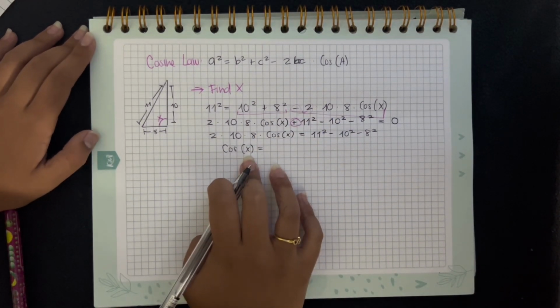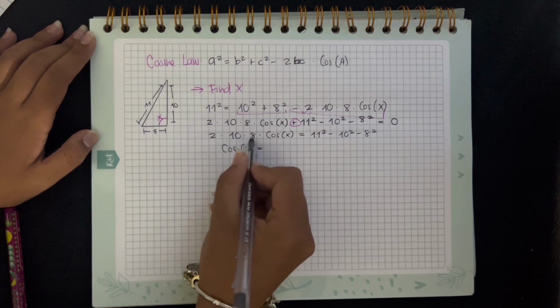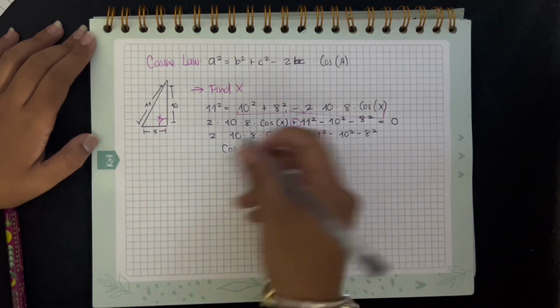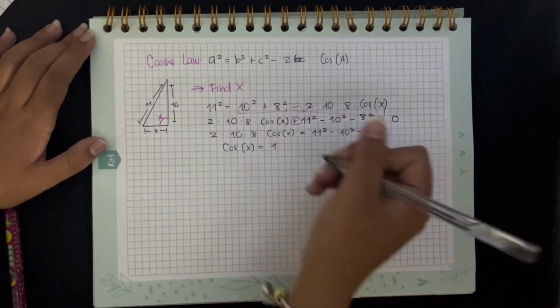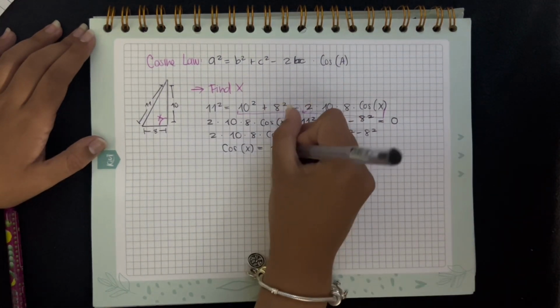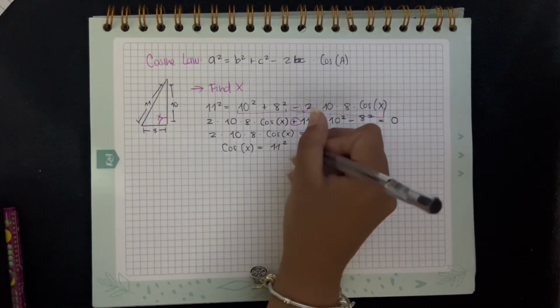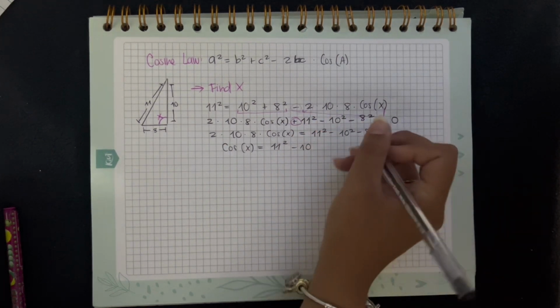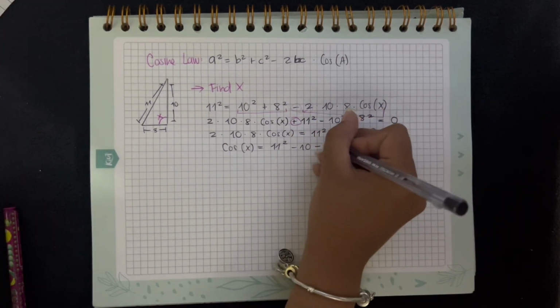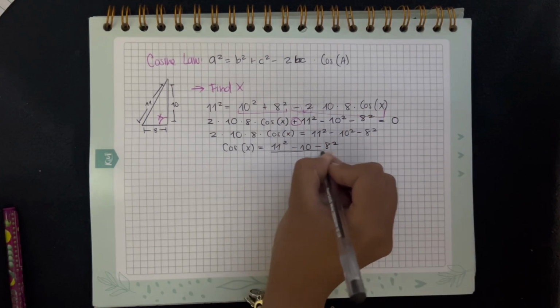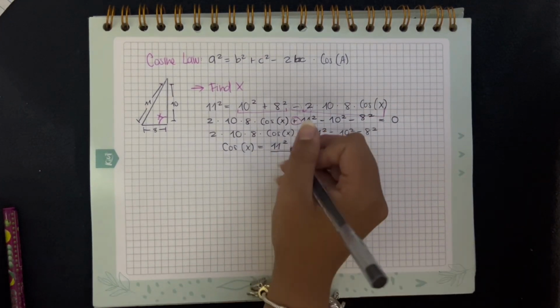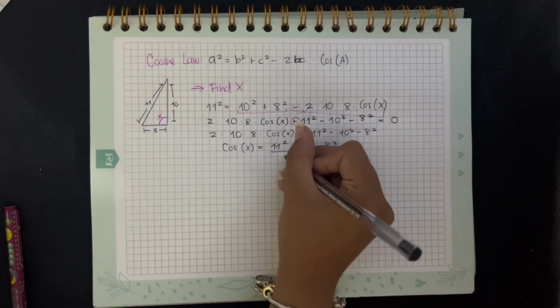In this case, as you can see, these 2, 10, and 8 were multiplying, which will be passing to divide. So first we write what is already on that side, which is 11 squared minus 10 squared minus 8 squared. And as I already told you, this is passing to dividing as it was multiplying, so 2